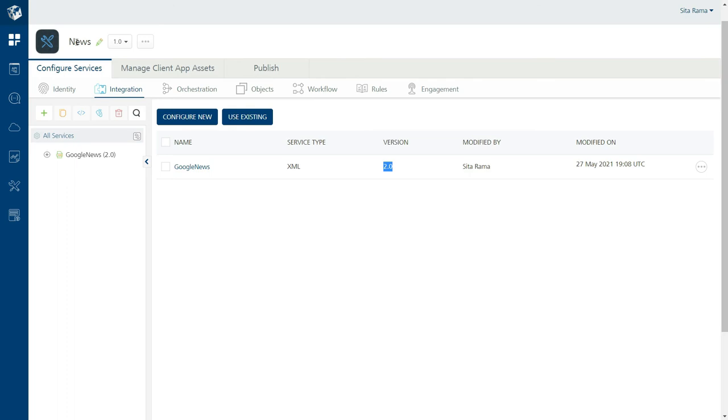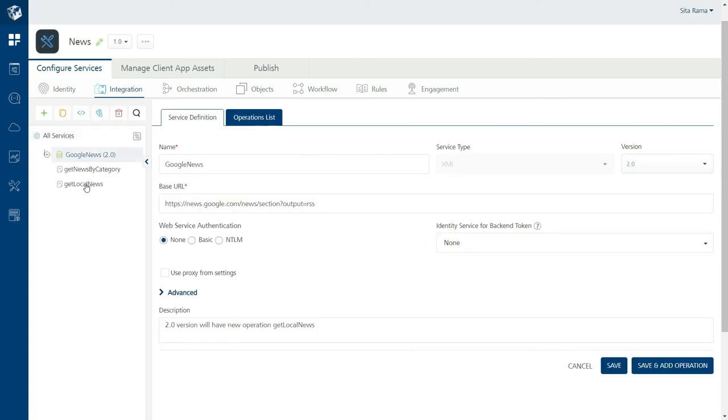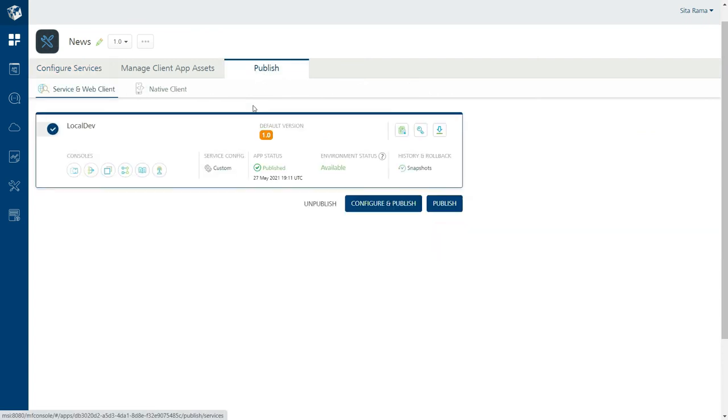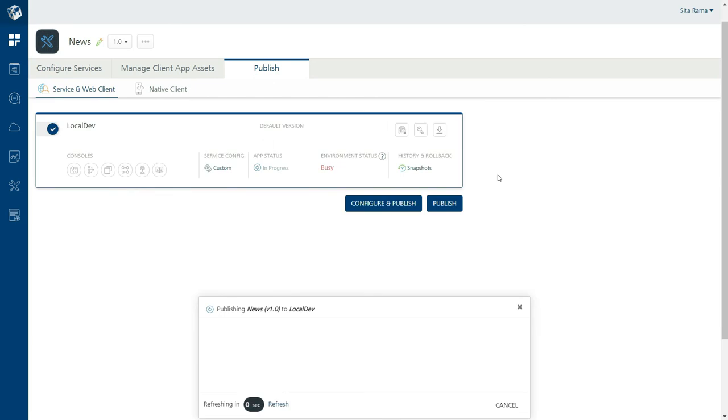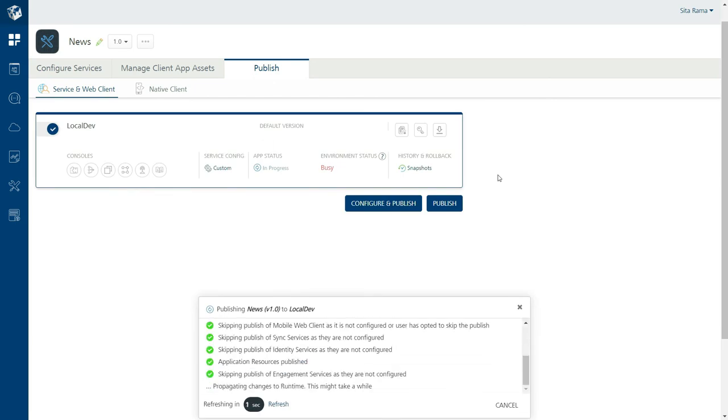So my Fabric app News is using the 2.0 version, which has two operations inside it. If we publish this Fabric app, during the publish, we will publish the 2.0 version of the Google News Integration Service to the runtime environment.